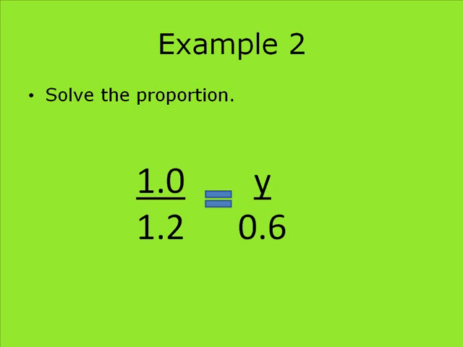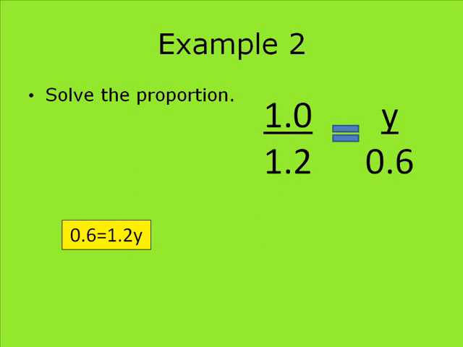Our next problem says 1.0 over 1.2 is equal to y over 0.6. Again, you can treat this like we did equivalent fractions, and you look for a pattern going from left to right or from right to left. In the yellow box, what I've done is I've cross multiplied again. I did y times 1.2, which is why I have 1.2y, and then I did 1.0 times 0.6, which is